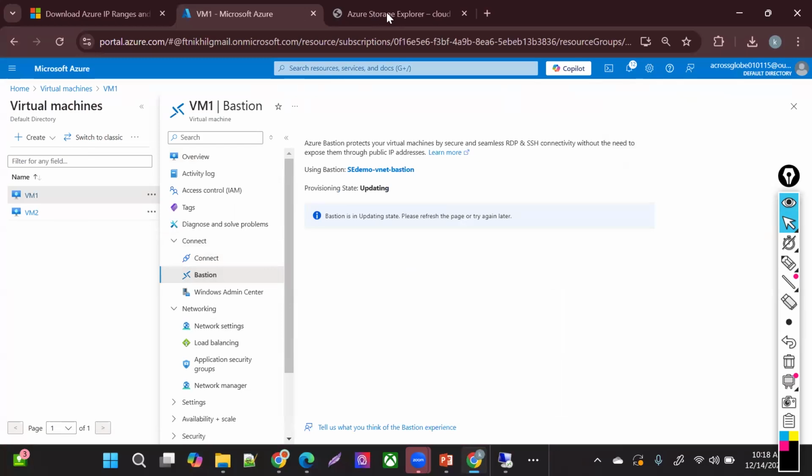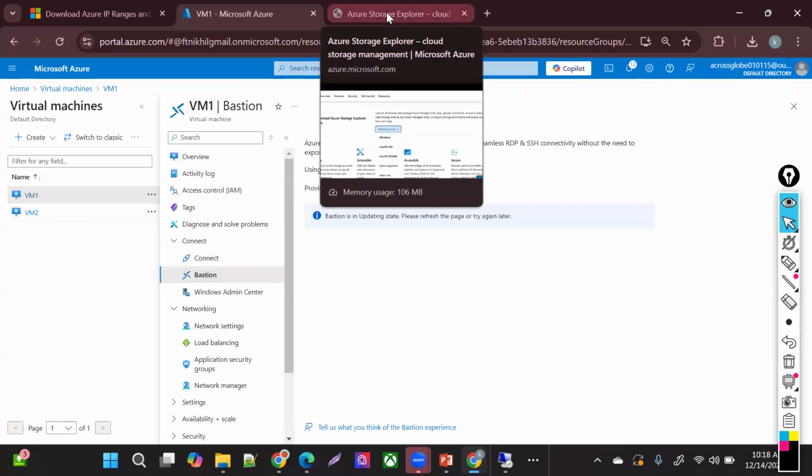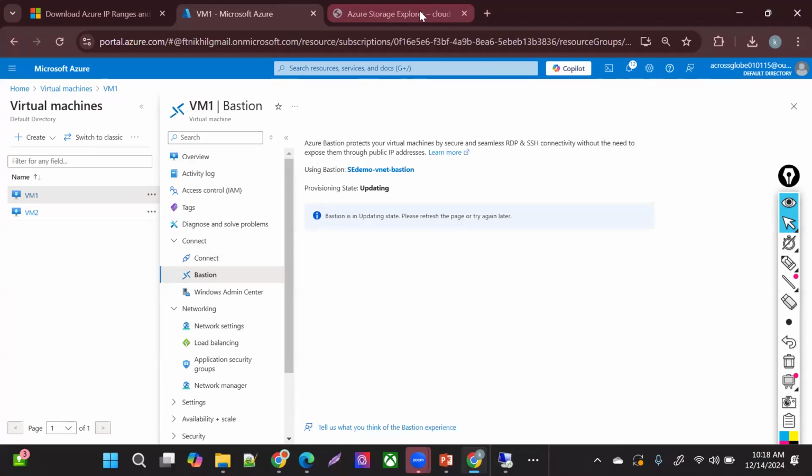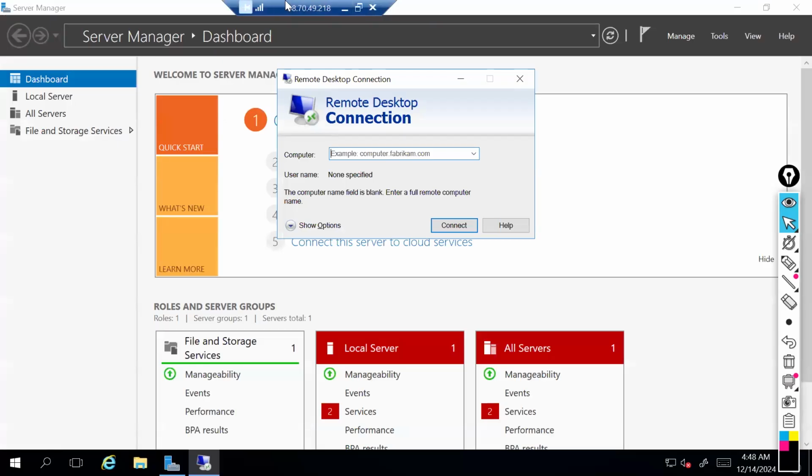A new encrypted tab will open here, like the way I'm managing my RDP from this client. You will see that RDP access from there. I'll show you that. But you're talking about the same VNet. I'm asking about a different VNet. For a different VNet, you need to have a new Bastion subnet deployed, or else I need to configure the VNet pairing, right? Okay.